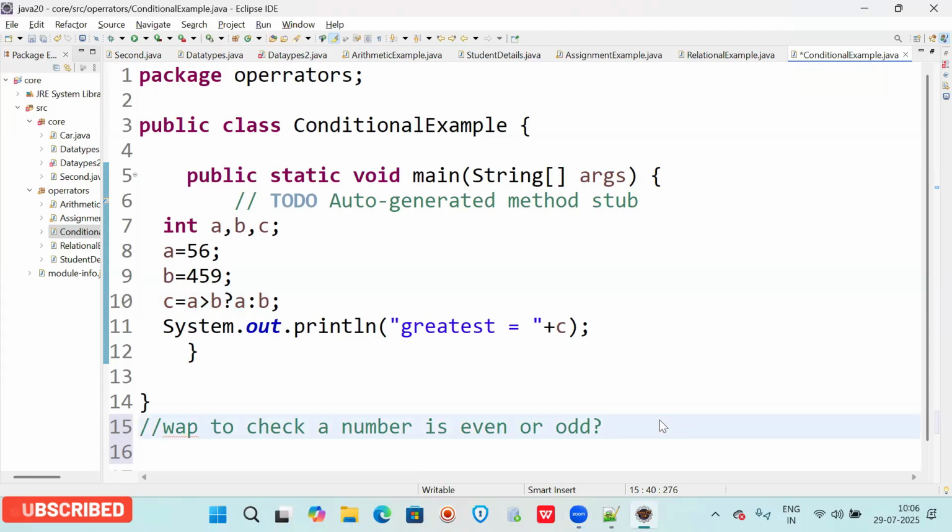Take a single number and using the conditional operator, you have to check whether the number is even or odd. When you are doing modulus by 2, if you get the remainder 0, you can just tell it is even.